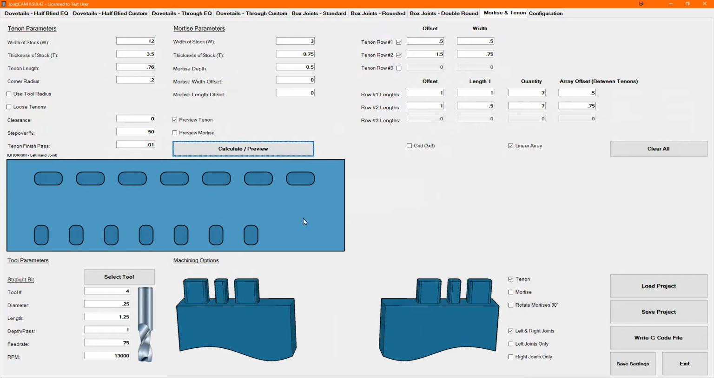And then you have another row. The way I envision this is that if you had a cabinet side, you would have a row for the top, a row for the bottom, and then maybe a row for a fixed shelf. And actually this has more to do with the mortises than the tenons, because on something like that you're only going to have one row,